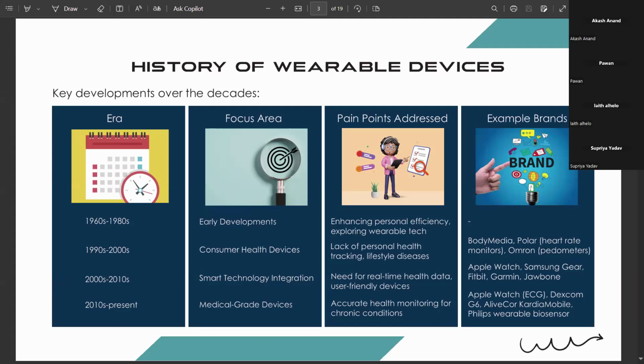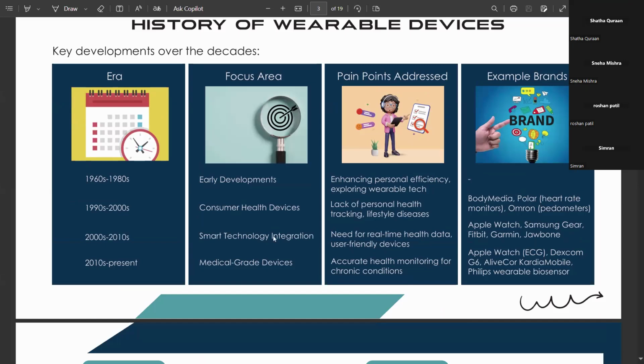Now, I have to highlight that these devices were really huge and hard to carry. A lot of the pain points that these devices addressed in the 1990s were just to solve the lack of personal health tracking and provide users with data to manage their physical health, also combat sedentary lifestyle and prevent conditions like obesity and heart diseases. Then came the smart